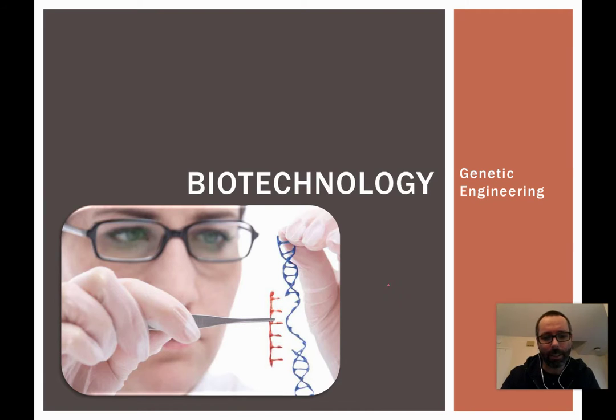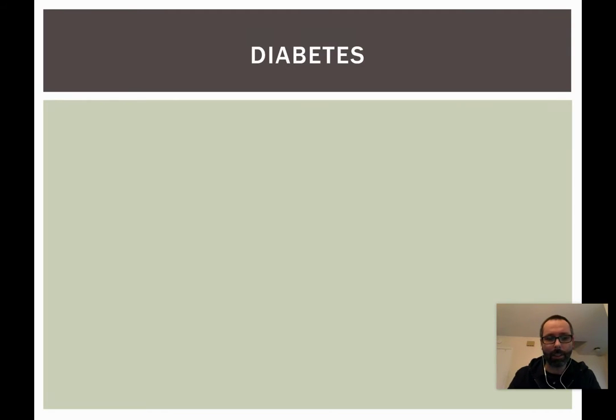This picture that I got here on the screen oversimplifies things. It makes it seem like you've got the scientists in there just changing the DNA to whatever they want. But it's a lot more complicated than that, of course. But we are getting closer and closer to the ideas of movies like Gattaca or Twins, even, where controlling traits is possible. So let's start with a trait like diabetes